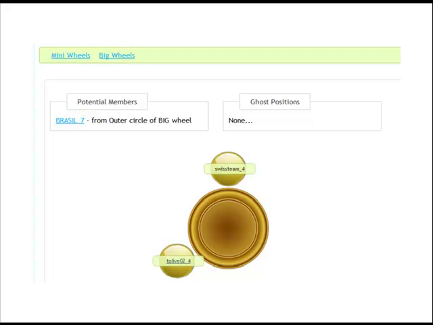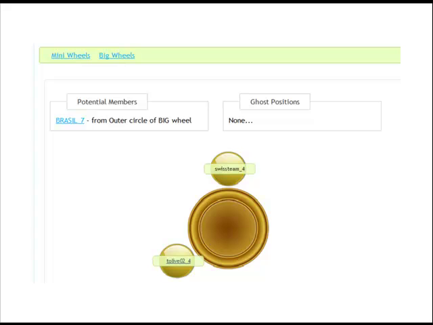Okay, so that is why some people log in and say, where is my mini wheel? The reason is because you don't have one, because you've already cycled to the big wheel, but you have not yet cycled the big wheel to create a re-entry, which creates a new mini wheel for you. So you don't have a mini wheel all the time. Sometimes you will have one, sometimes you won't. When you don't,